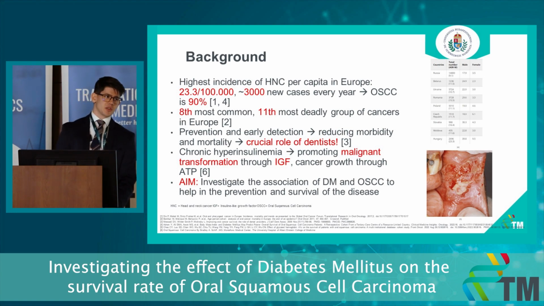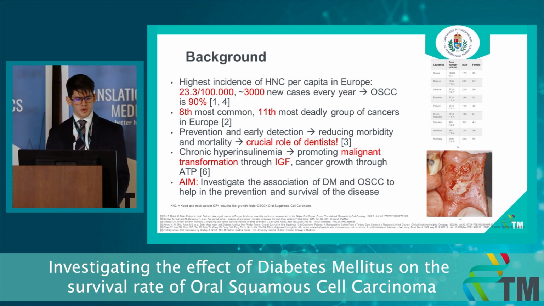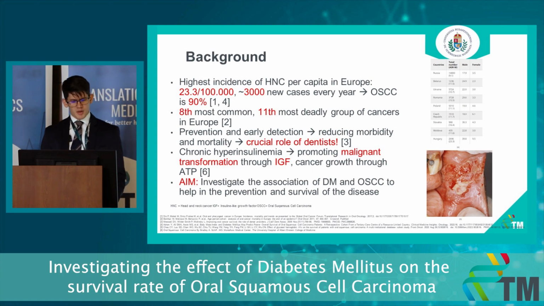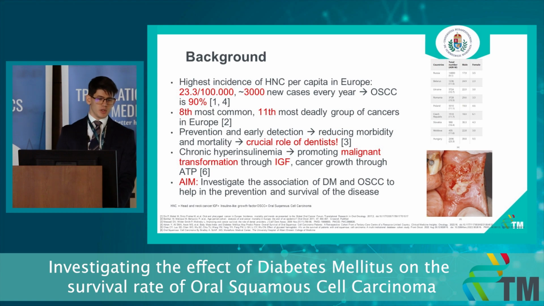There is evidence in the literature that patients with diabetes have a higher incidence rate in malignant diseases. This could be either because of hyperinsulinemia, which enables malignant transformation through insulin-like growth factors, or because of hyperglycemia, which helps cancer growth by providing ATP. Our aim is to investigate the association of diabetes mellitus and OSCC in order to help in the prevention and